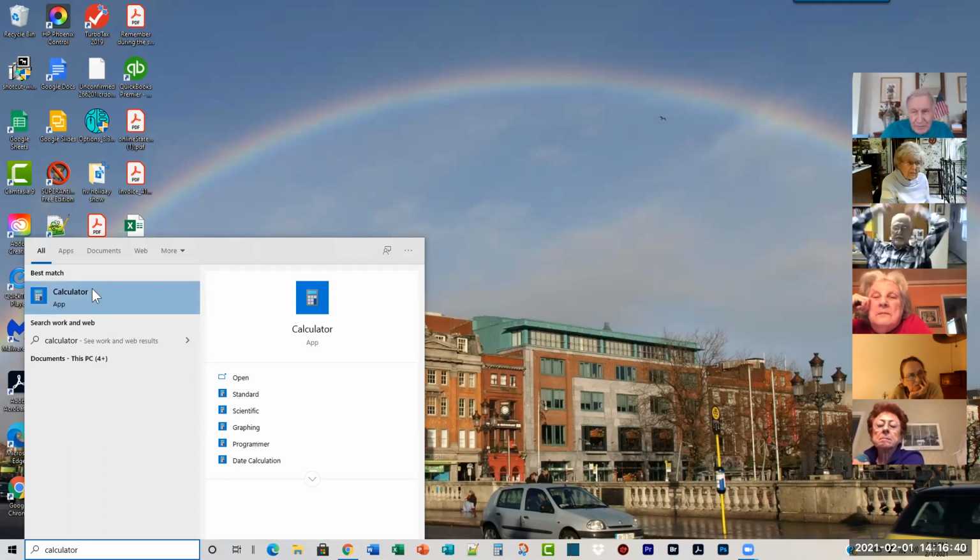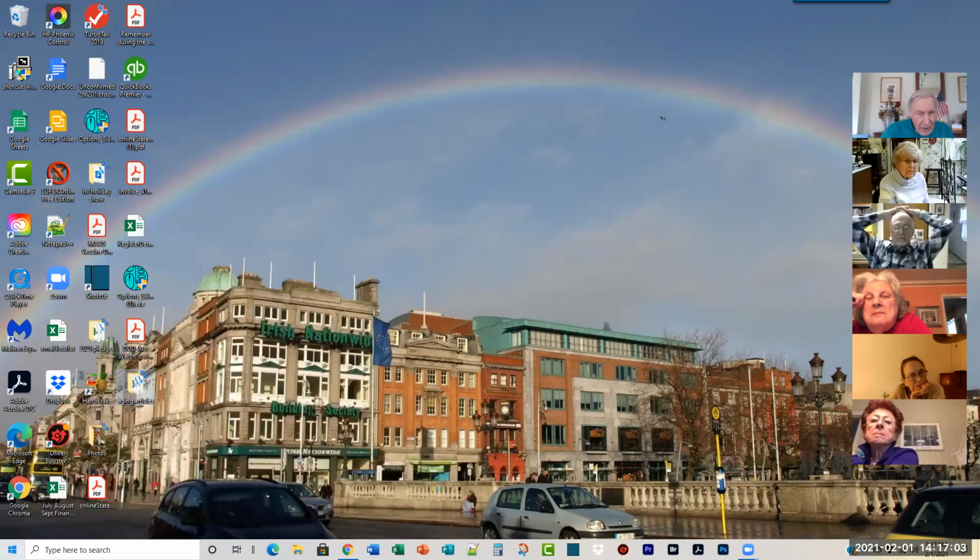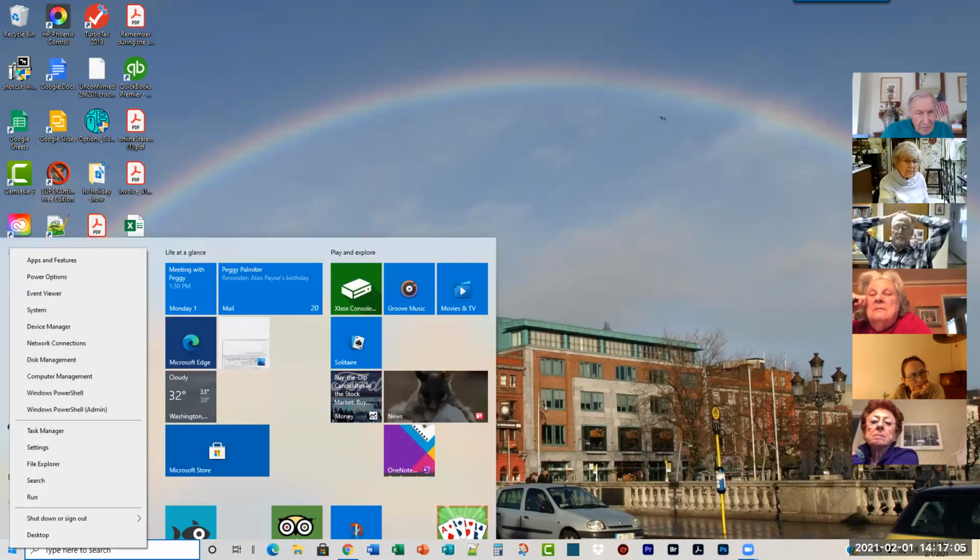So now here is the app. It's an app. And if I go right here and click, I'm going to open it. If I go here and I left click, I get a menu, right? Pin to start, app settings, rate and review, share, uninstall, unpin from taskbar. I can also,